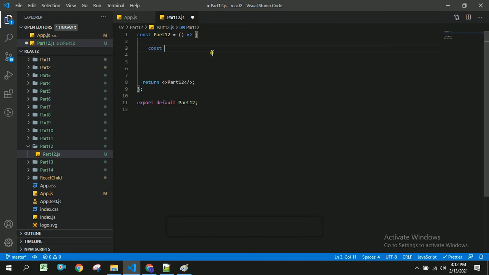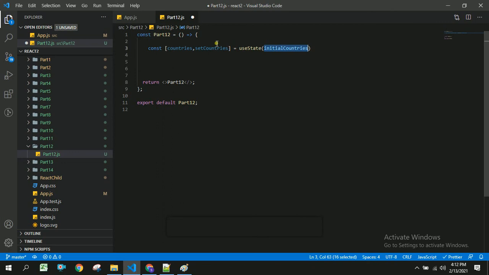In this component I am going to create two arrays. One is countries and set countries, equal to use state of initial countries. So this initial countries consists of all the countries.